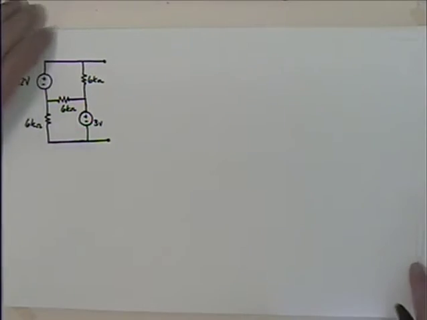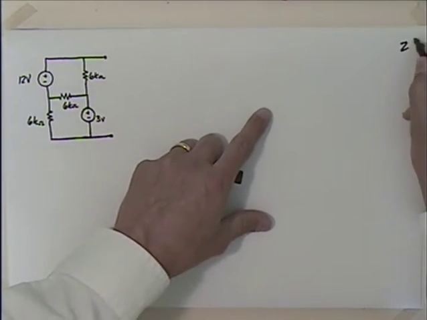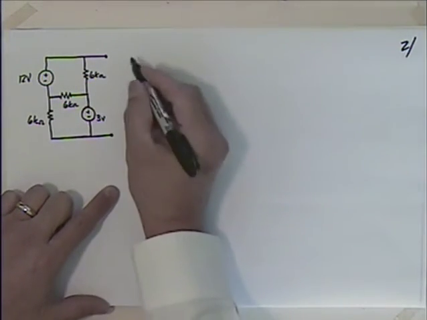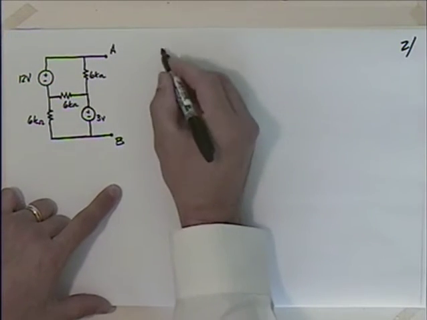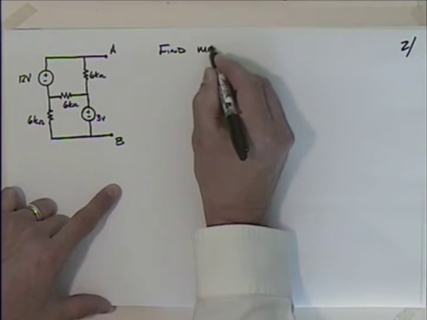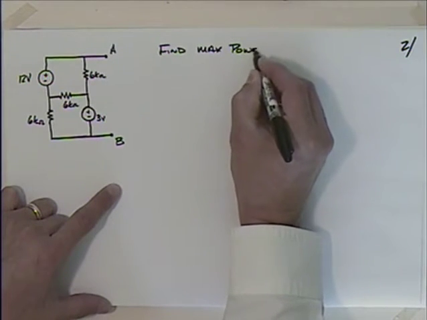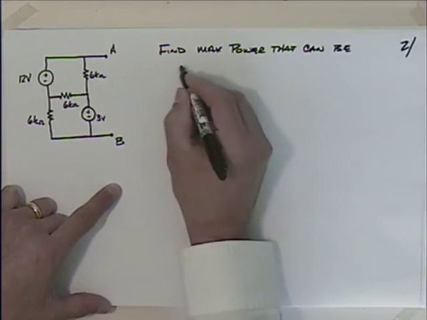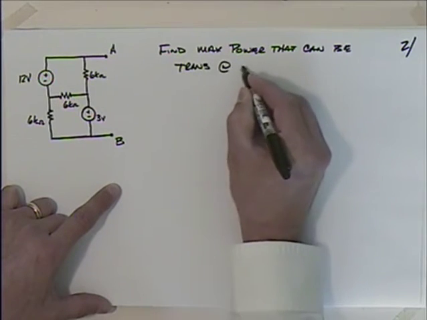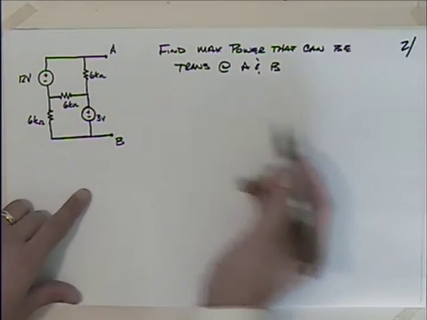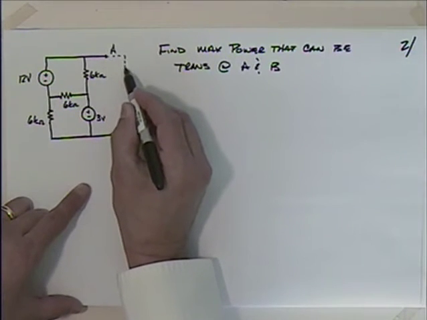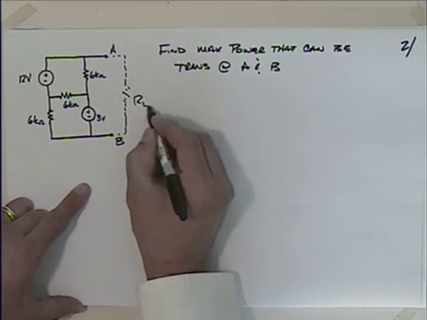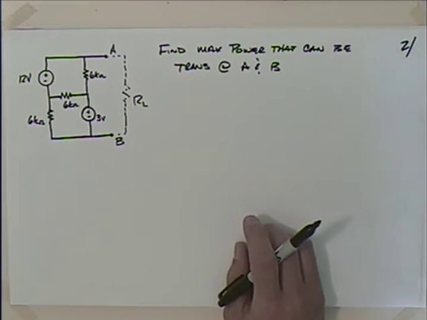Well, with this at hand, let's see if we can do some problems. Let's say we have a problem like this, and we'd like to find the maximum power transferred at these terminals, A and B. So find the maximum power that can be transferred at A and B. What we're going to do is put a resistor between A and B, and we need to figure out what that resistor is,